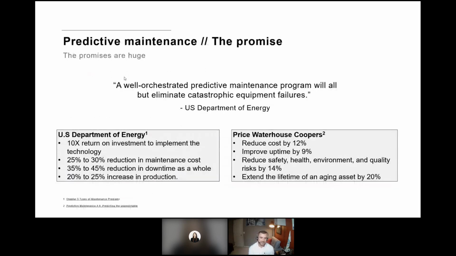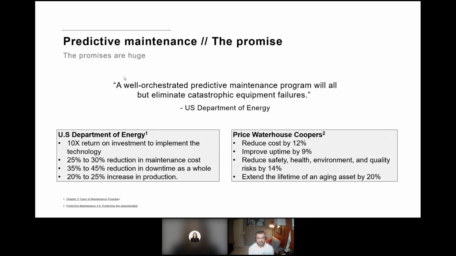Some stats that come out each year from the U.S. Department of Energy and also publications from PricewaterhouseCoopers give a really good picture of the financial implications of utilizing predictive maintenance, and we'll talk about this step by step. A well-orchestrated predictive maintenance program can basically eliminate catastrophic equipment failure.